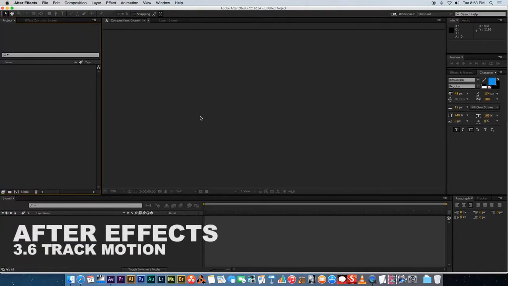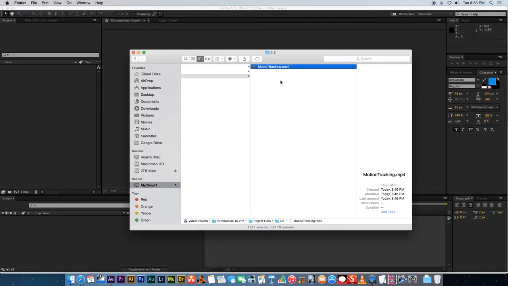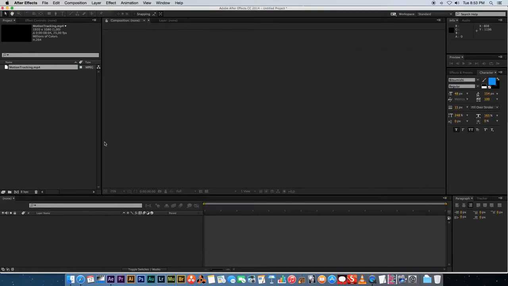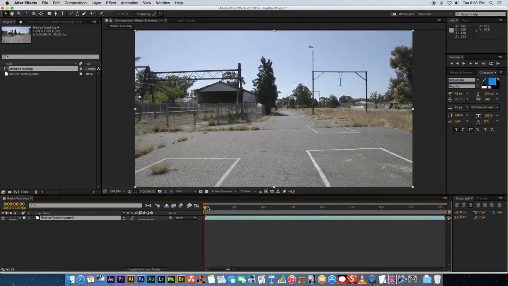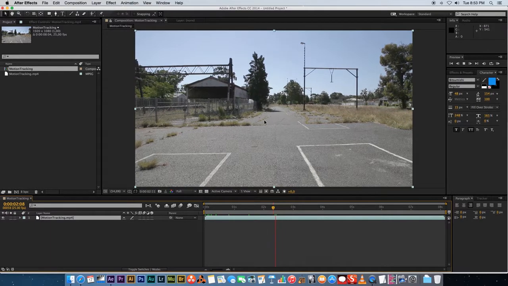So in this video, we're going to be looking at track motion in After Effects, and I've supplied you guys with a file called motiontracking.mp4. So make sure that you download that and then just drag that into your project area in After Effects. Drag that into a new composition. And if you play through this, you'll see it's a handheld shot, and we're going to do some motion tracking